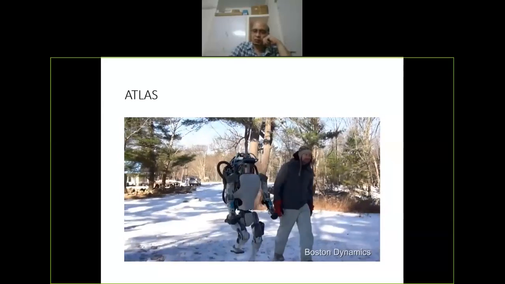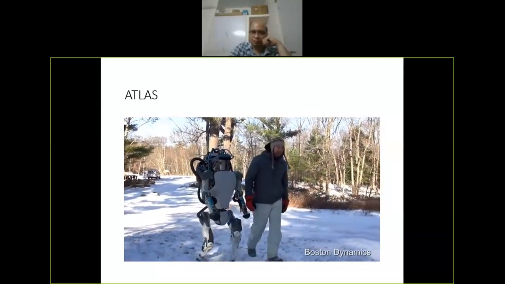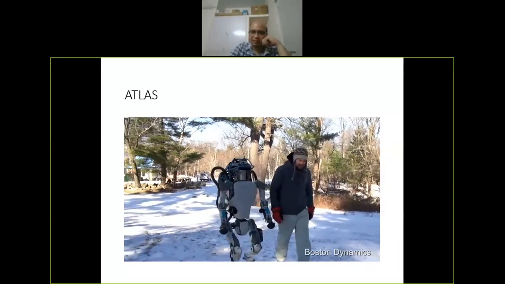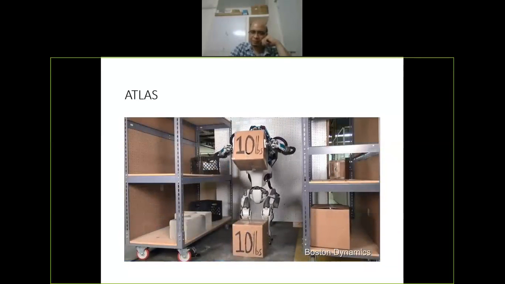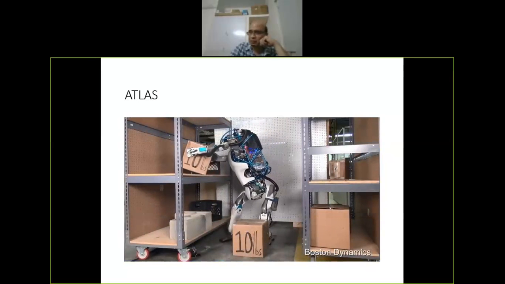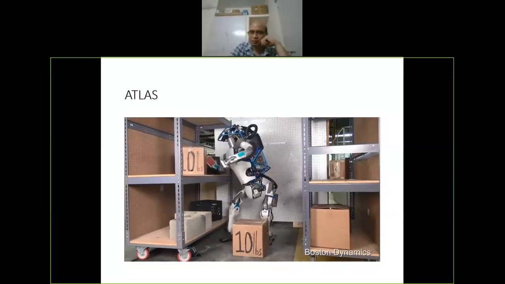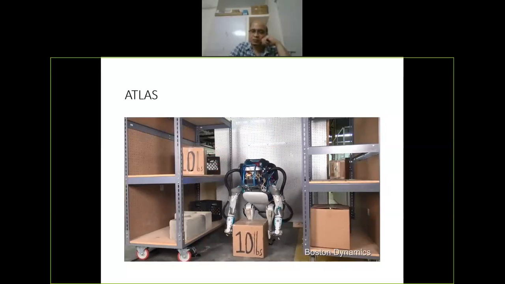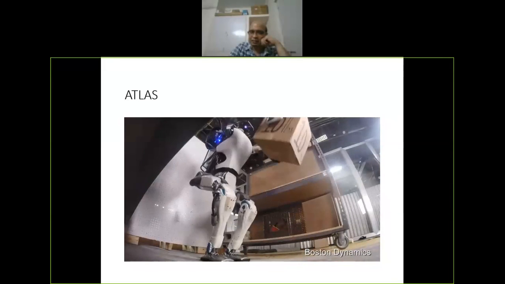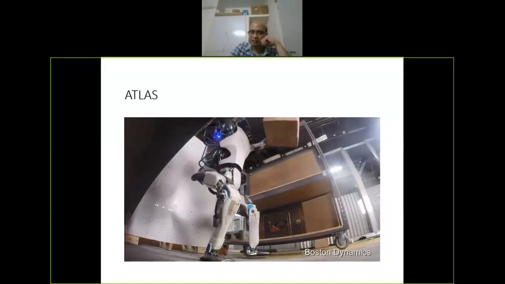But the moment you talk of optimization, optimization takes time, so it cannot be done in real time. So it is not possible that this robot can do optimization in real time and then walk from one point to another point. Okay, it's not possible. Optimization normally takes minutes, if not hours. So if you want to operate the system in real time, then what can be done is that